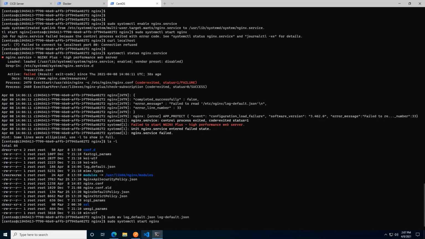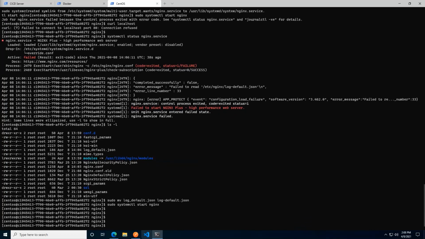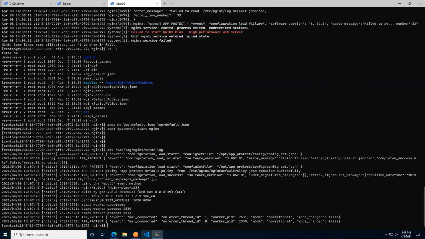Yeah, so this looks good. It's doing the compilation off of the rule sets and whatnot. So in a few seconds, it'll come up and say, yeah, that. So what we can do now is we can have a look at the error log. The error log is in /var/log/nginx, and it's error.log. So let's see here. Yeah, it's all fine, up and running.